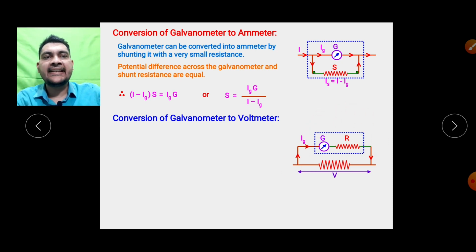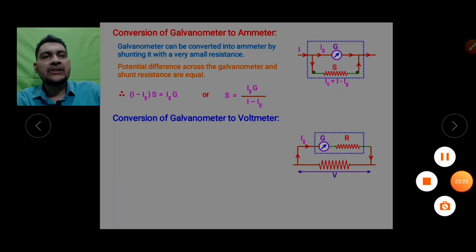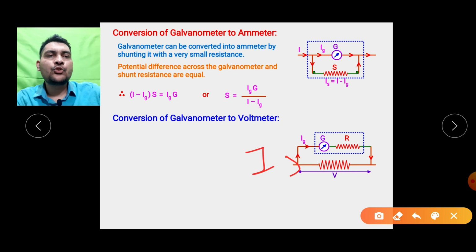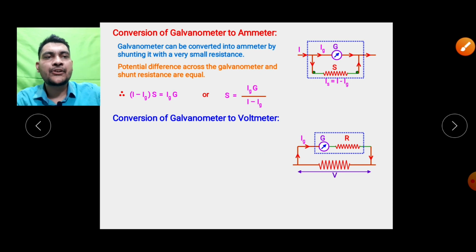Now to find out the potential difference across any element of the circuit, you connect this combination of a galvanometer and high resistance in parallel with that element, and you will get the reading of the potential drop across that element. So suppose the total current I is flowing in that circuit. This is current I, and this current I is divided into two parts. Say Ig current goes through the galvanometer, and the remaining I minus Ig flows through the resistance across which you want to find out the potential drop.